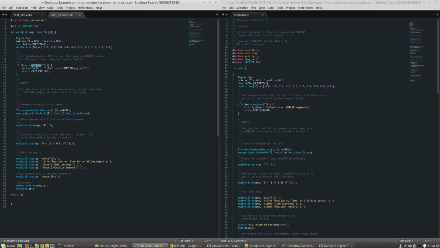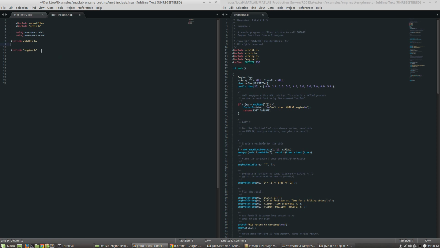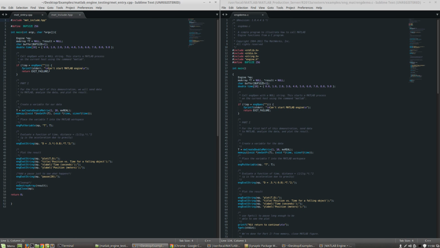And to actually create it, you have to call this engOpen function that you get by including, most likely, engine.h, or I think this function is well defined enough that you can call it. So once you call it, you just need to use... people who use mex would be familiar with this, but for now, maybe that's just an item to keep in the back of your head of something that you could research on your own, is